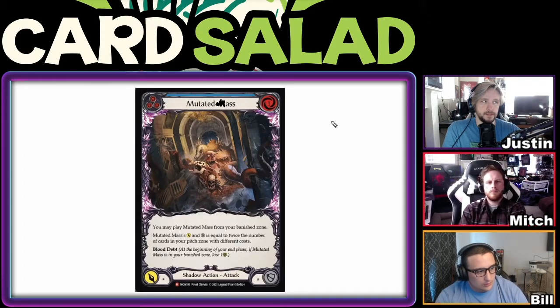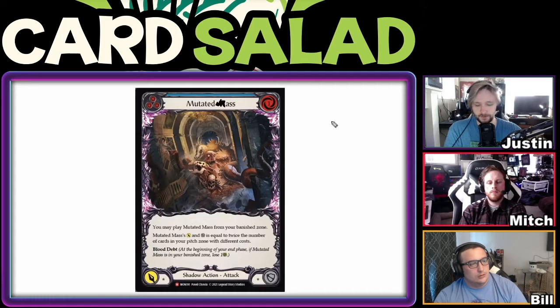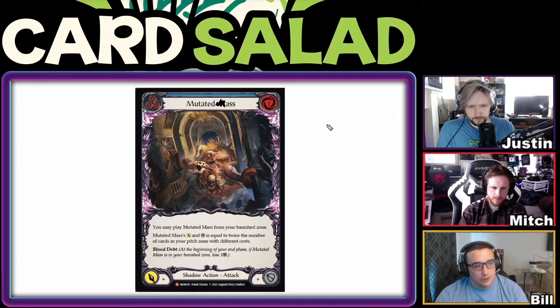Different costs, not different pitch value. That's much better. But if you have something with 1, 2, and 3, you banish this from your hand for something that needs to banish something 6 or higher. I wonder if it's going to count. Is it going to read the say card, which is no. 0,